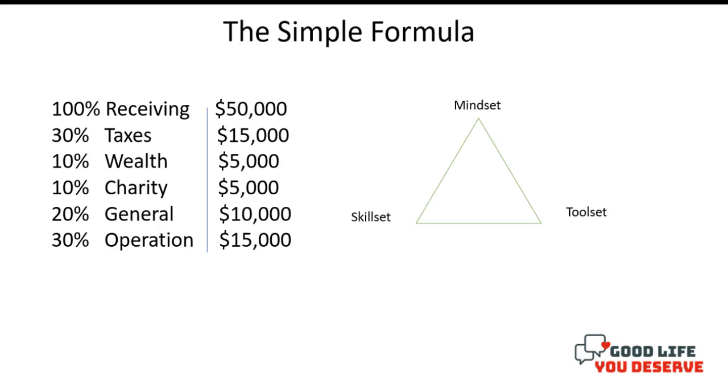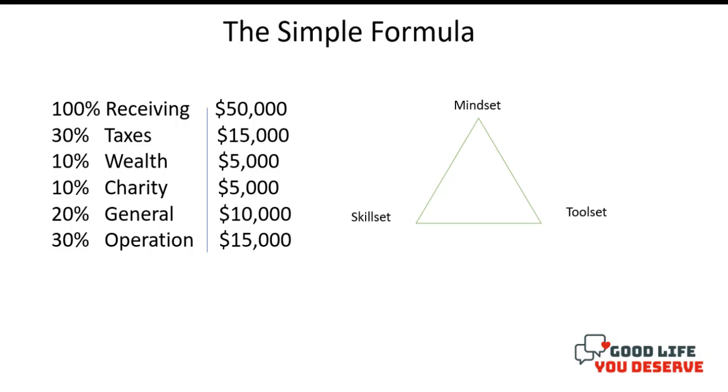So how do you get to that point of receiving $50,000 a month? How do you increase the amount of money monthly that you make? Well, we call it the triad. There's 3 things that you need. You need a mindset, because if you're thinking $2,000 a month and that's all you can imagine yourself making, then you're not in the right mindset to make $50,000 a month. So you have to improve on yourself and increase your mindset and have the right kind of information coming in.